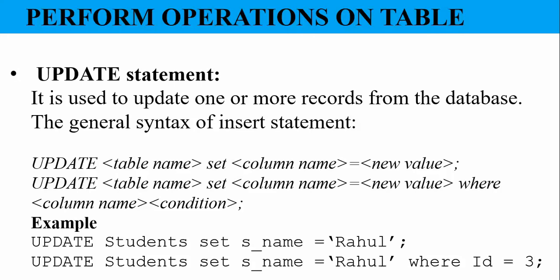Another way, for the first sentence, is if you want to update all the records. For example, you want to convert every student's gender to male. Then you can write UPDATE table name SET gender equals male. So it is going to update the gender of all the students to male. If you just want to update one single record, maybe you want to change the name from Anil to Ashish,